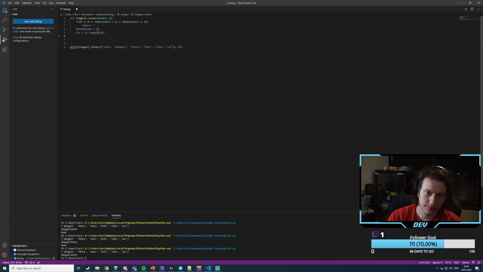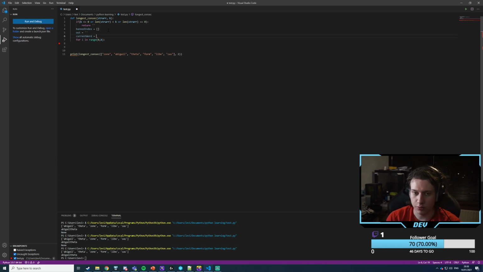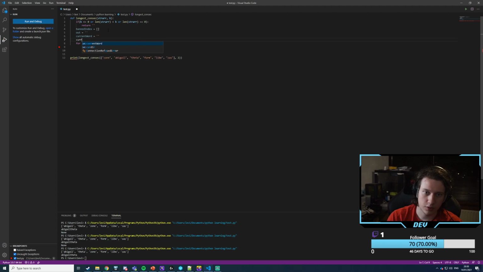So then we have out is equal to this, and we have current word is equal to empty, and we have current len that's equal to 0. Okay, so if we want to loop over all the indexes